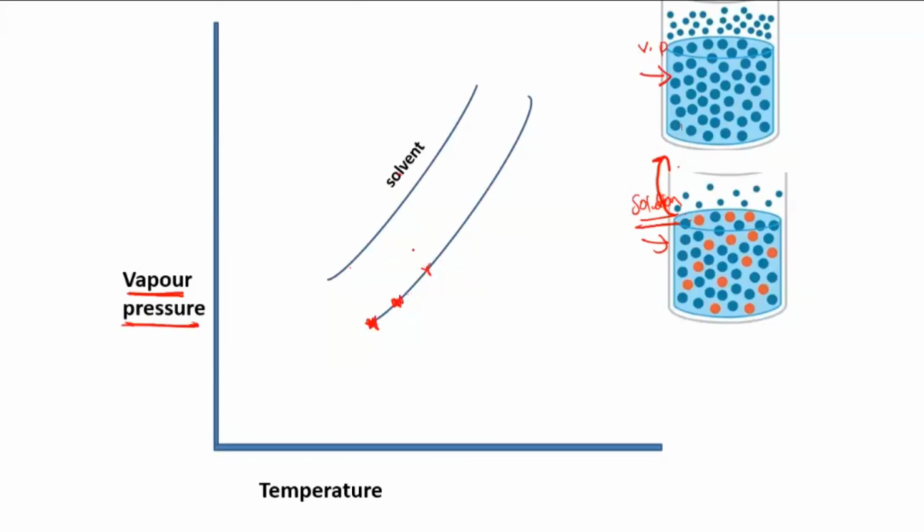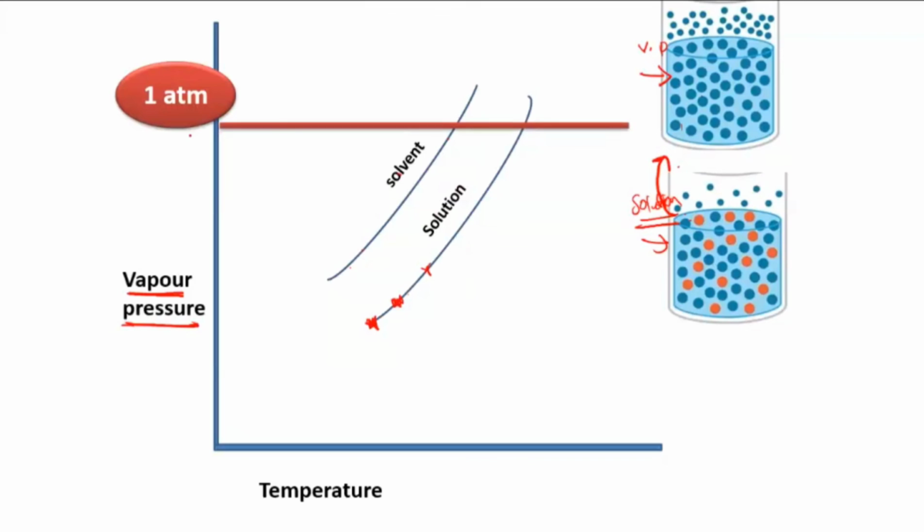Now let's talk about the solvent first. I said there is one pressure, the atmospheric pressure. When the vapor pressure of this solvent becomes equal to the atmospheric pressure, then it will start boiling. It's like a finishing line, no? Atmospheric pressure is the finishing line. If the vapor pressure reaches that line or becomes greater than that, then the liquid starts boiling. So I have drawn this line here, the line which they have to cross.